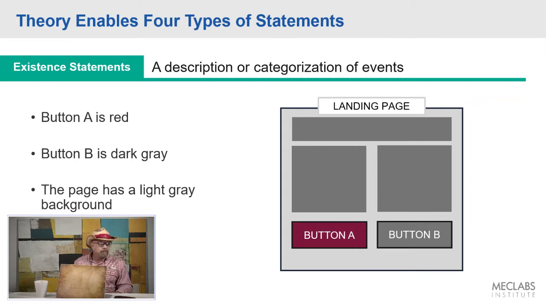Button A is red, button B is dark gray. I don't think I'm saying anything you haven't already learned. And the page has a light gray background. Dave, let me know if I'm confusing you. We'll go back and slow it down for you. In the meantime,